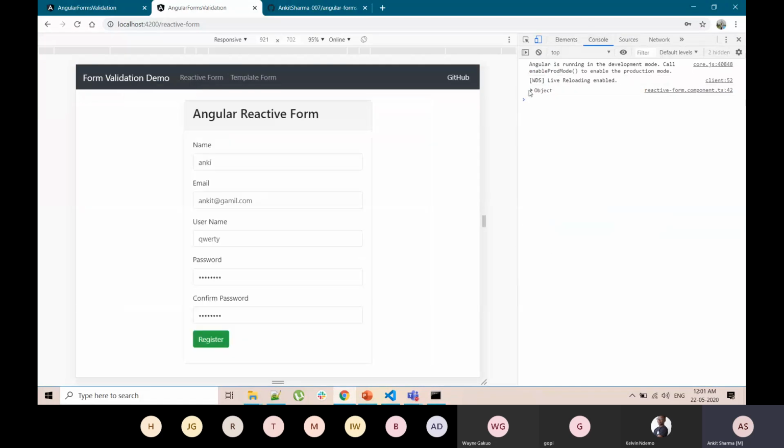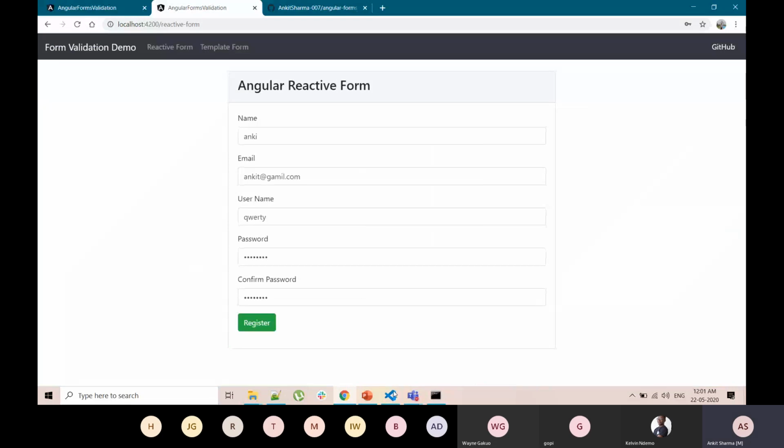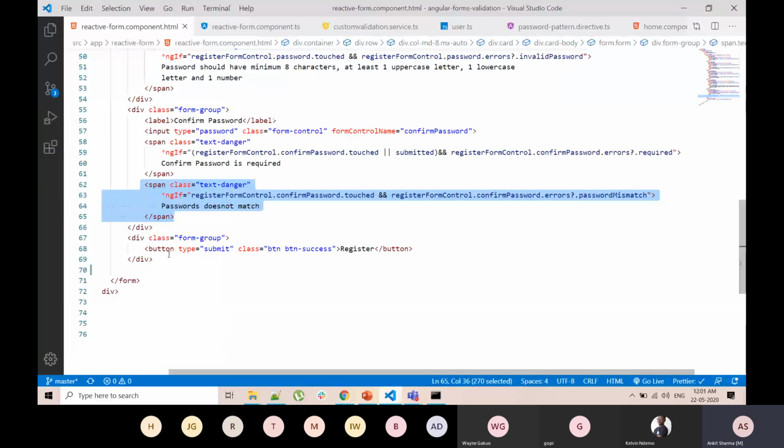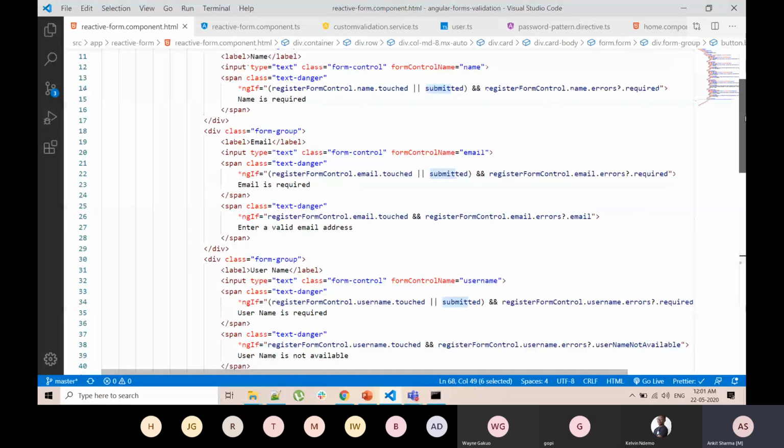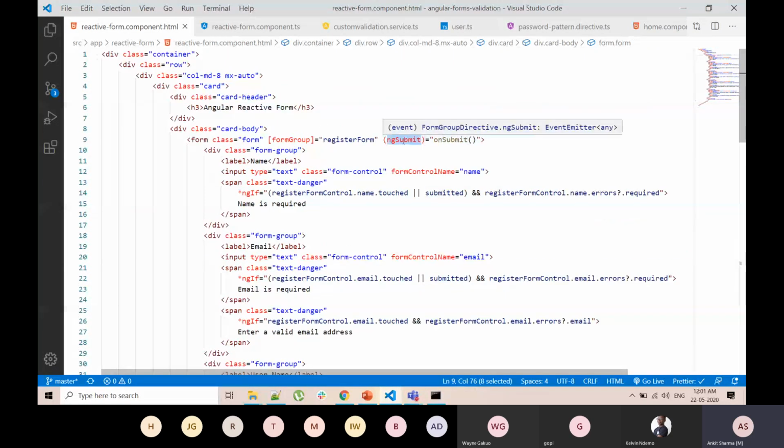So how is this submit button working? Let's see that. Here we have the register button, and the type of button is submit. This is very important. If the type of button is submit, this means it will submit the whole form. Once the form is submitted, the ngSubmit method is called. It is a method defined in Angular, and it will invoke our onSubmit method, which we have defined in our component.